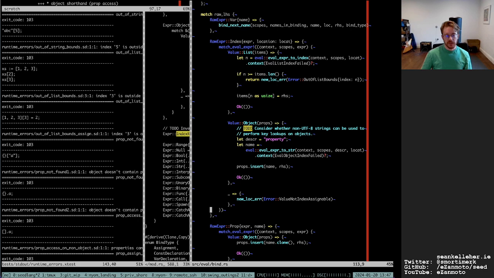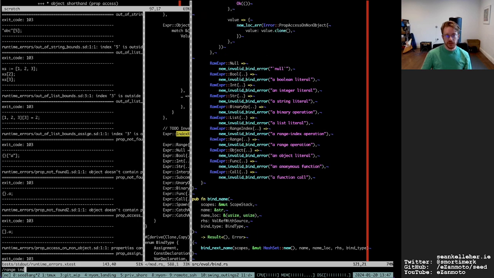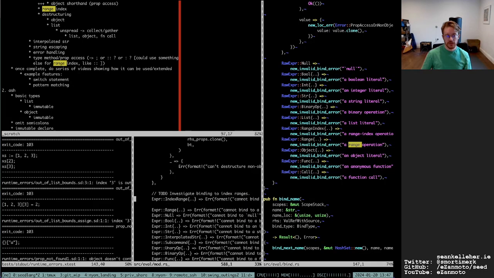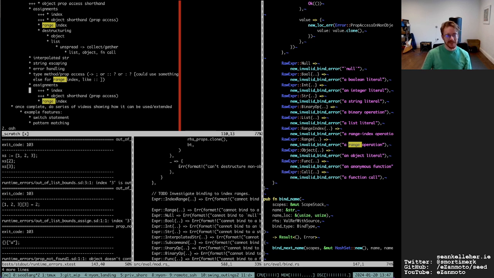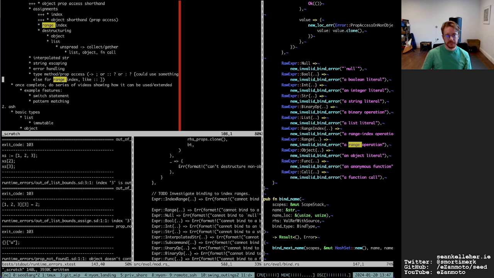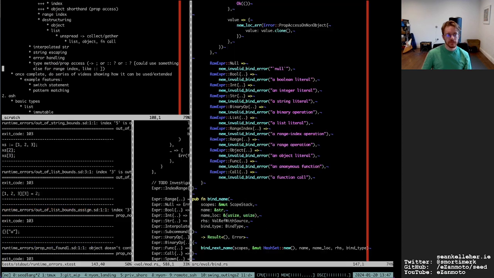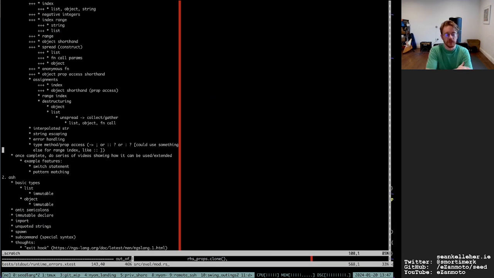So actually I won't add support for range indexing assignment. It wouldn't be the most difficult, but if I can put it off till later, I will. Just because I have other bits that are a little more relevant.